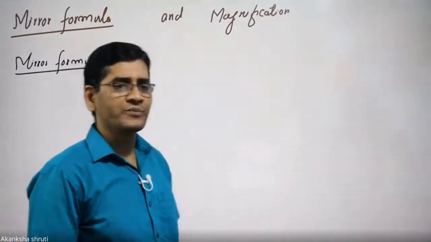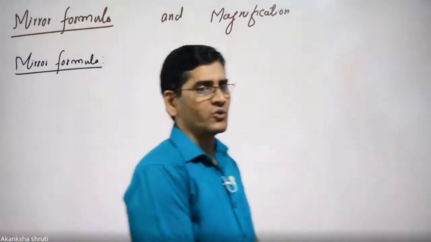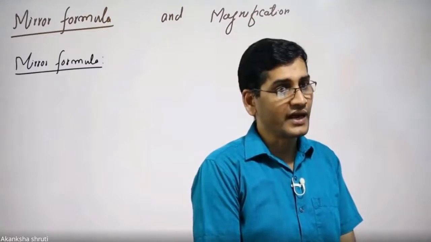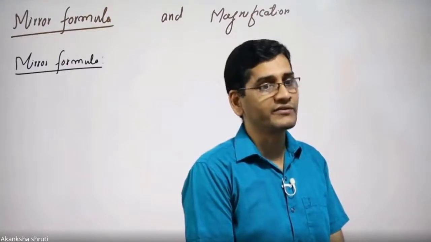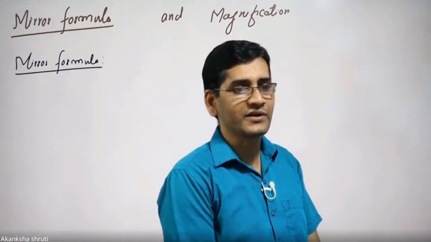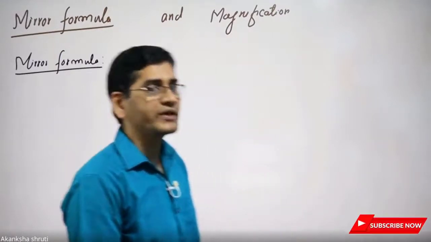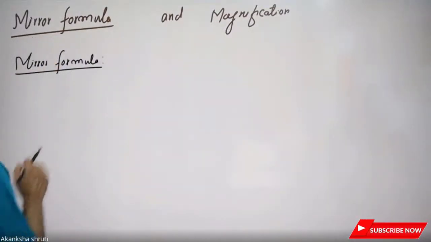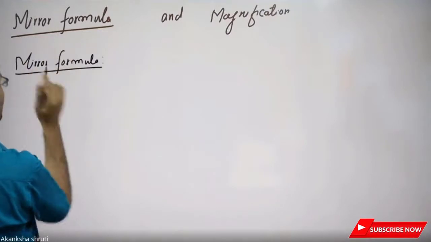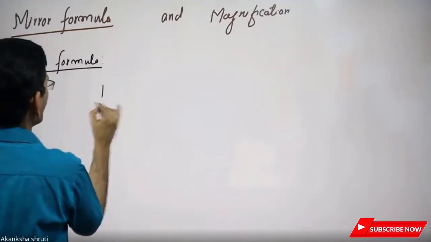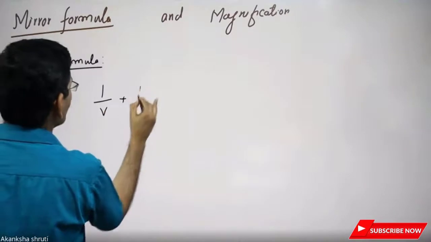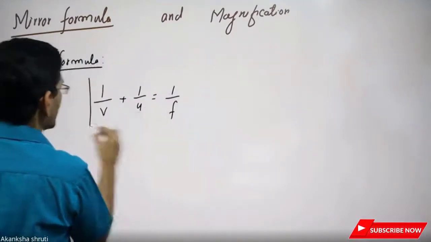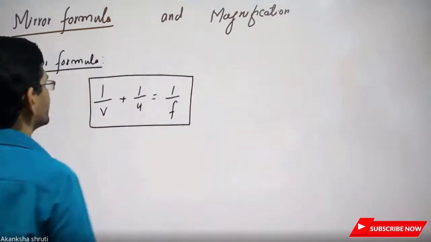Like if the object distance is known and the mirror is known. Mirror is known means its focal length or radius of curvature is known to us. Then where the image is formed for the given object at certain distance can be predicted without actually drawing the ray diagram. So that formula or that mathematical relation is 1 by V plus 1 by U is equals to 1 by F. This formula is called the mirror formula.